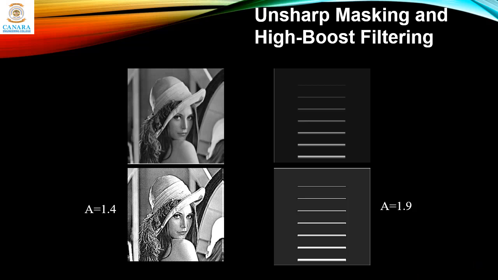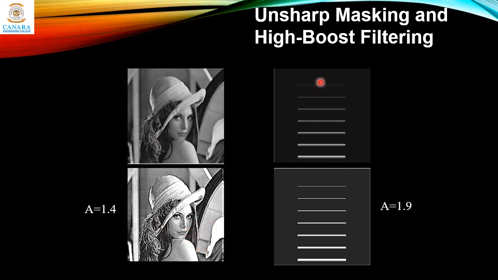Now this is the application of using that high boost filtering. In the figure you can see this is the image of a lady, and this is an image of a stripe. If you use the amplification factor of 1.4, you can see the effect. It has made the image a bit brighter, and edges are also enhanced. You can clearly see the edges here in the background. Here it's blurry, and even the hair looks a bit blurry, but here everything is sharpened and every detail is appearing quite clearly. So that is the use of this high boost filter.